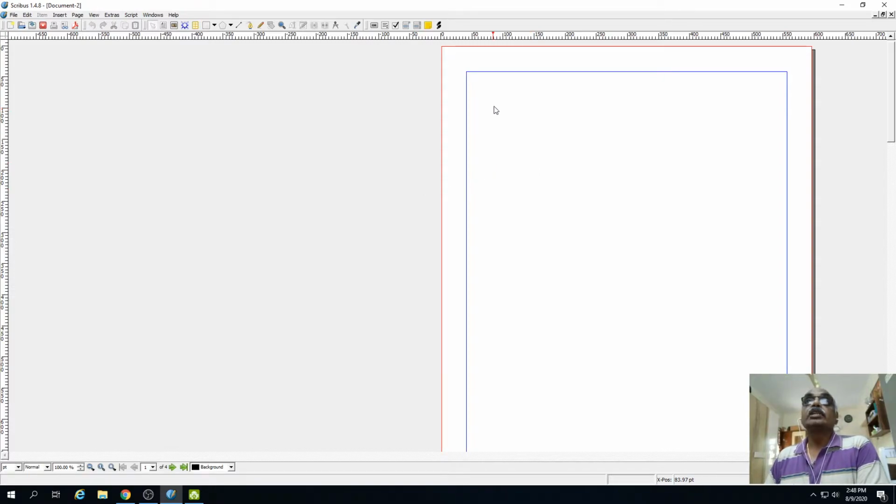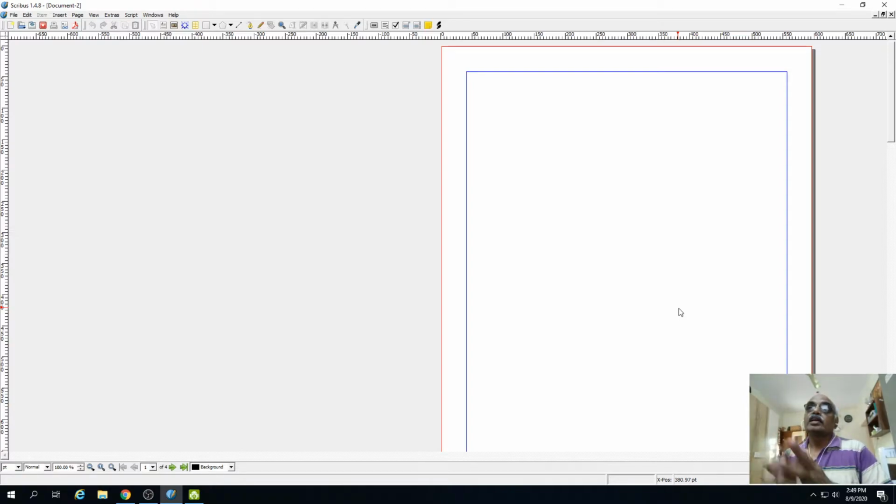So you need to introduce a separate box for holding text. It's called a text box. Without inserting a text box, you won't be able to type in this space. So the first thing you should do is insert a text box before you start typing. And then if you want to paste an image, you need to insert an image frame. Without an image frame, you simply cannot insert an image.